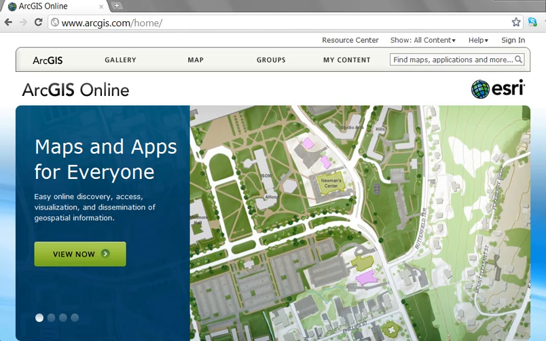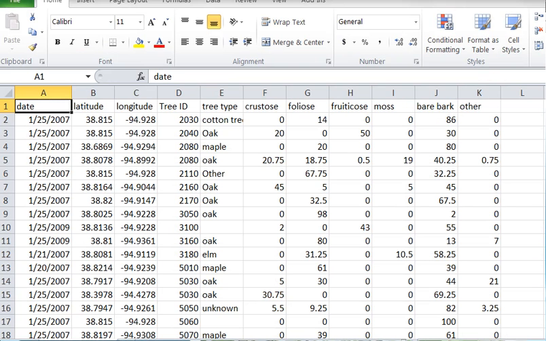Now, fieldwork is common for students of science and geography at all grade levels, and inevitably one of the outcomes of fieldwork is a large amount of data that has been collected. And what you're looking at is a spreadsheet of data collected by middle school students. And this data reflects some of the information collected about lichens in Gardner, Kansas, and includes latitude, longitude, date, and